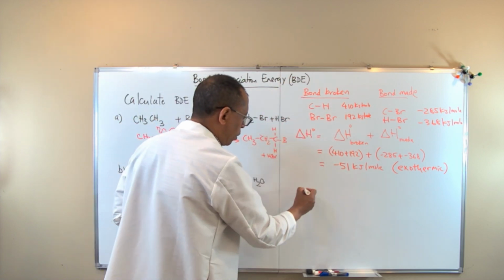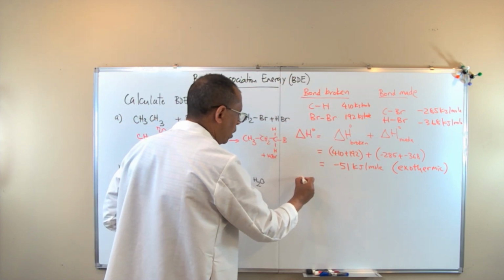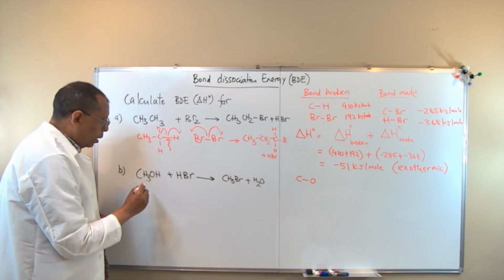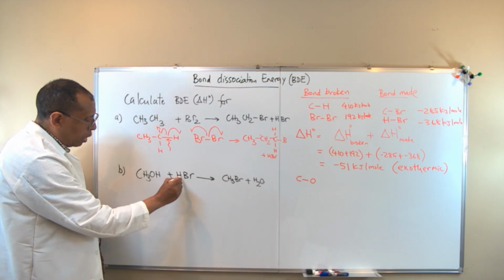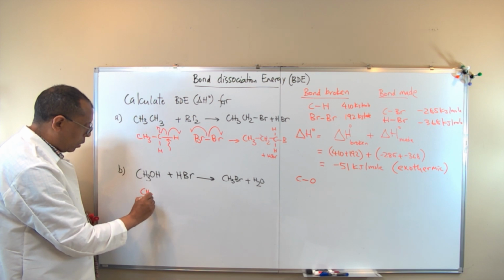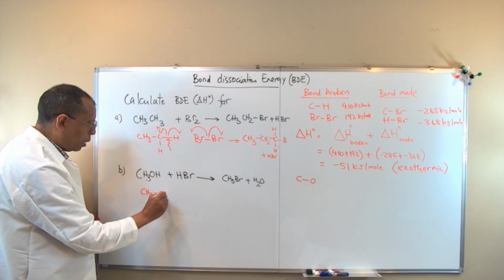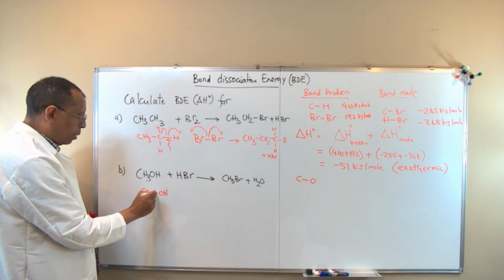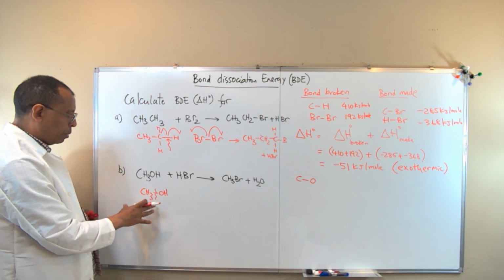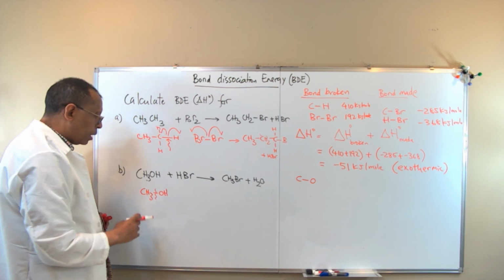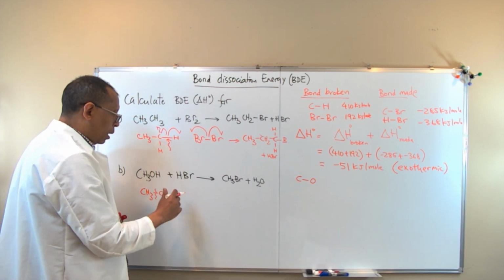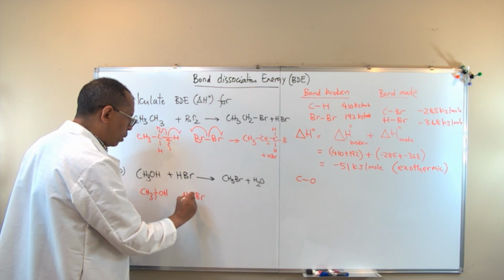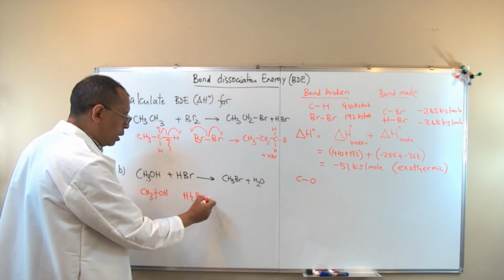So for bond broken, in the next question, carbon-oxygen is broken. And in HBr here, CH3OH. So this is the bond that's actually being broken, the carbon-oxygen bond. And here,